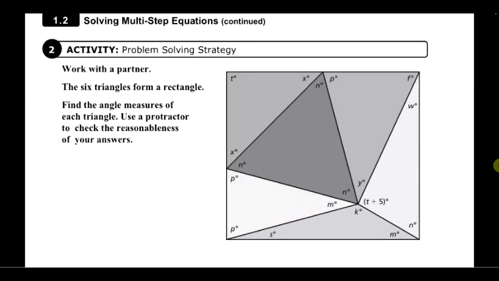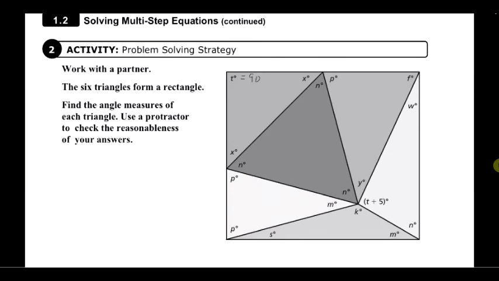So it says 6 triangles form a rectangle. Find the angle measures of each triangle, and you can use a protractor if you want to see if your answers are reasonable or not. Now, this is a fun little puzzle because as we get more information, the more we know. So right off the bat, I see that angle T is a right angle,